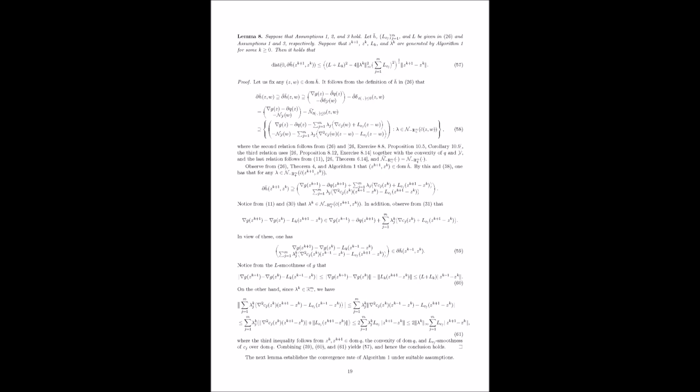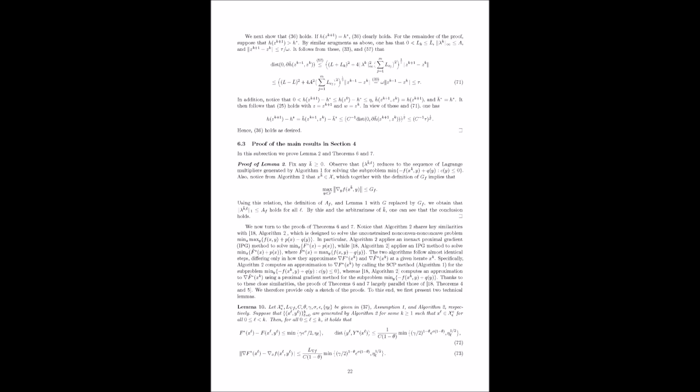So the practical takeaway for you, the listener, if you're dealing with problems like adversarial training, robust optimization, or maybe certain game theory models where you have these minimax structures with non-convexities and hard functional constraints on the maximizing player, you now have a method with rigorous finite time convergence guarantees. You're not just relying on heuristics anymore. And crucially, you know exactly which structural properties those guarantees depend on.